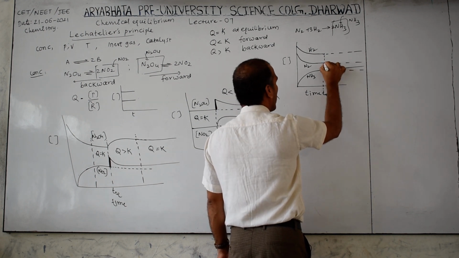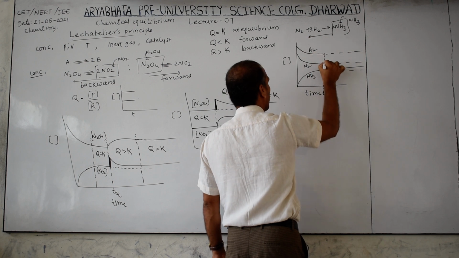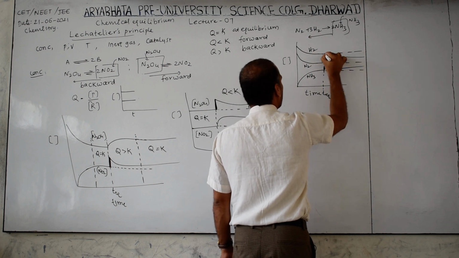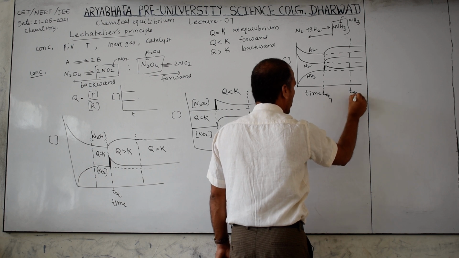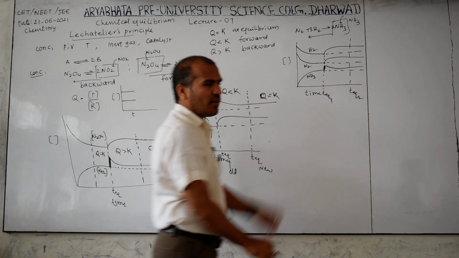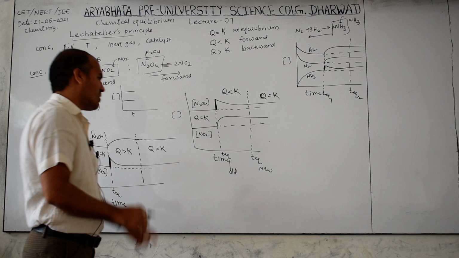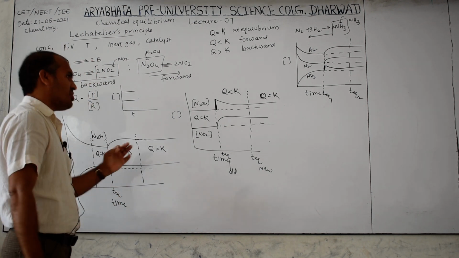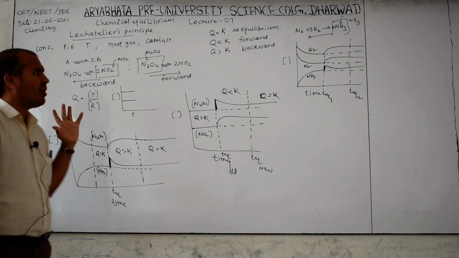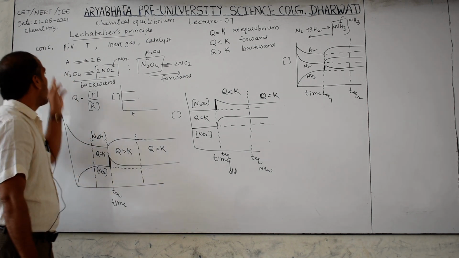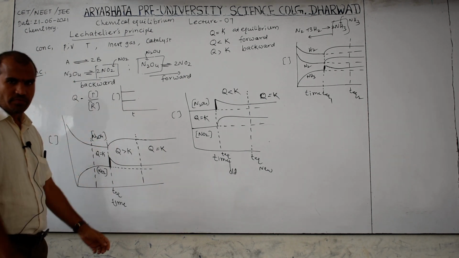Then this will be the product now because it's a backward reaction, therefore it increases. This also increases, and this is constant. This is called T equilibrium 2. Like this, the graph will be asked in competitive exams. These graphs are only for NEET and JEE Mains level, very important. So the concentration effect is completed.